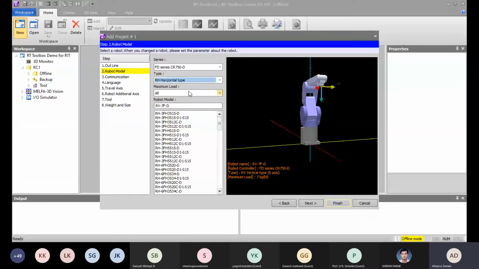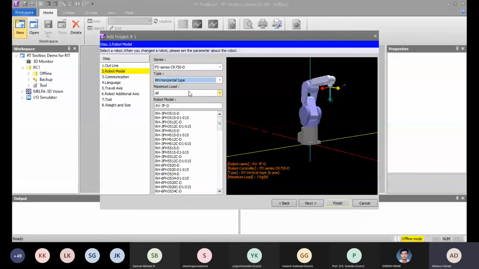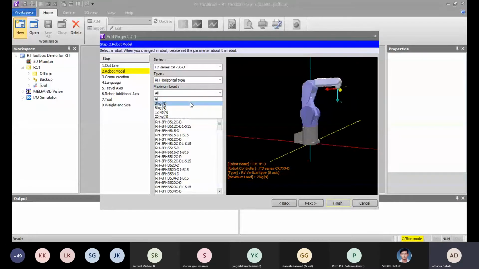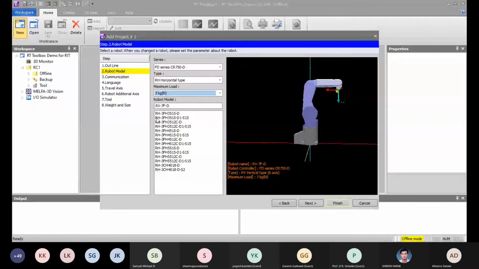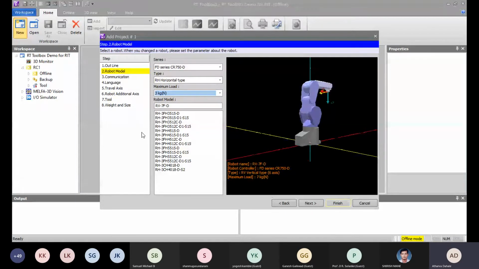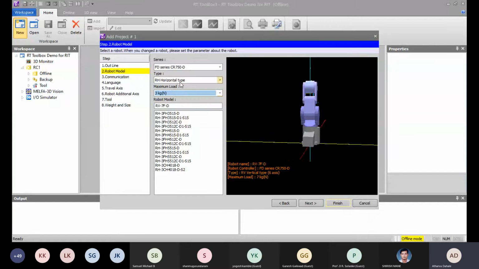After that, how much payload capacity it has. The robot which we are using has 3 kg of payload. After that, these are some robot models which are available in horizontal type and 3 kg of payload.